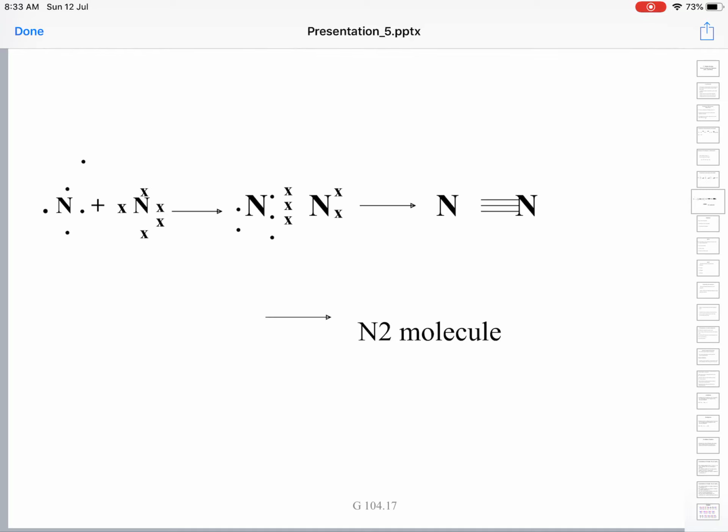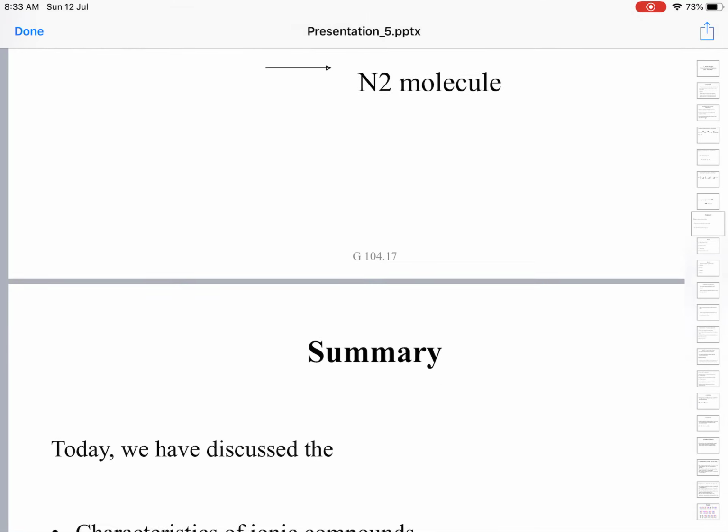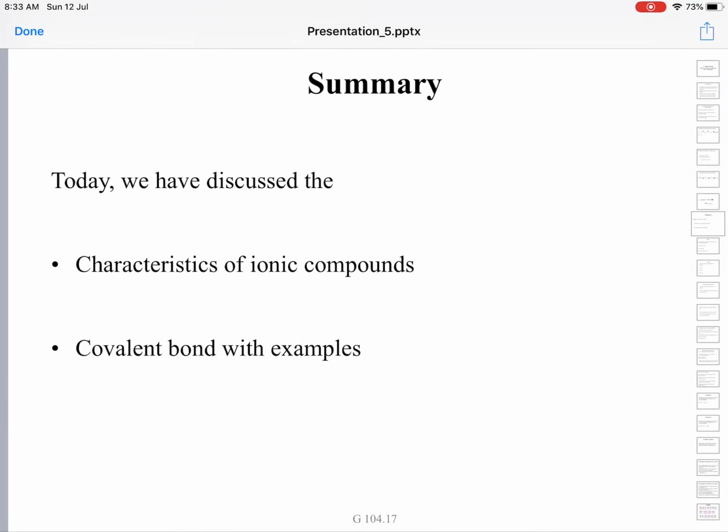All these are homoatomic molecules, or bonds formed between similar atoms. Here there will not be any polarity. The bonding pairs will be shared equally among them. Next we will move on to the bond for the heteroatomic molecule, hydrogen chloride.